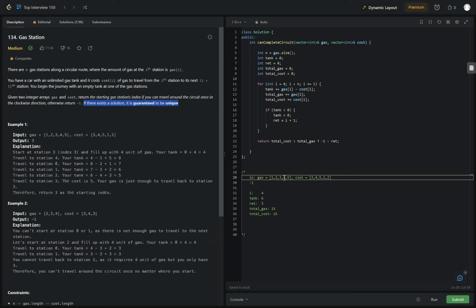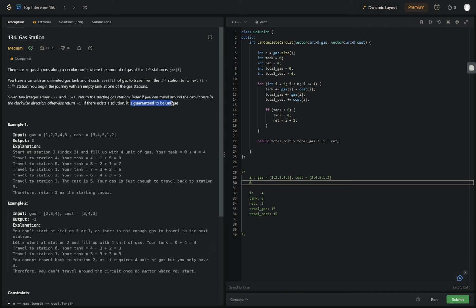All right, so for example, if you start at 4, so 4 versus 1, that's a surplus of 3. And then you add in that second surplus, so 5 versus 2, that is another surplus of 3. It gives you a net surplus of 6. And then you go through the deficit phase. So 1 versus 3, that's -2, so that brings you down to 4. 2 versus 4, that's another deficit of 2. And then 3 versus 5, that is another deficit of 2, but that's just barely enough. Is there a situation where,